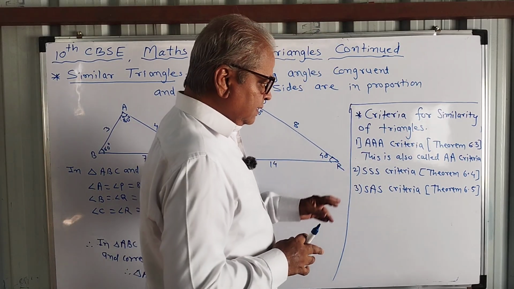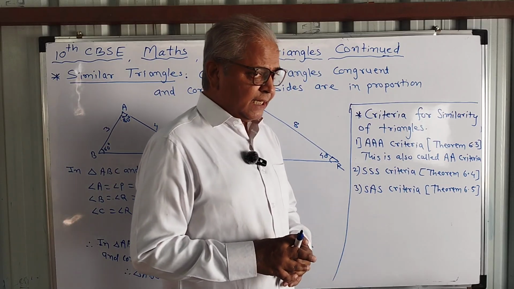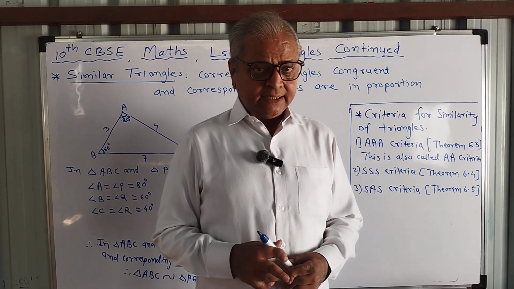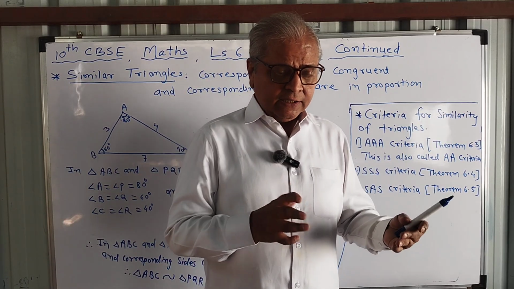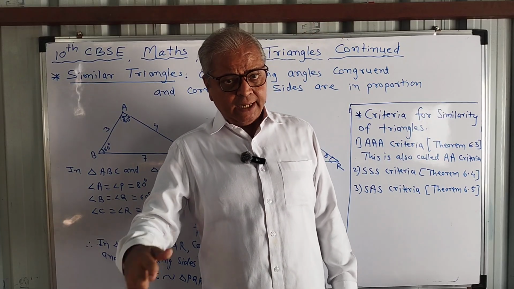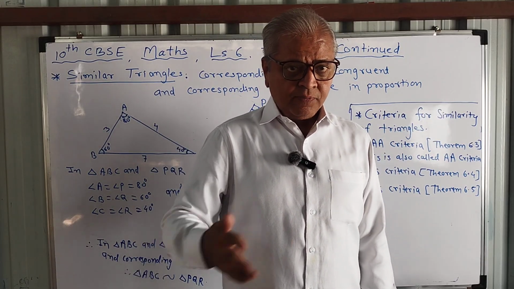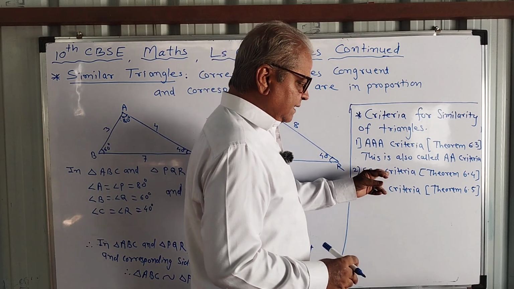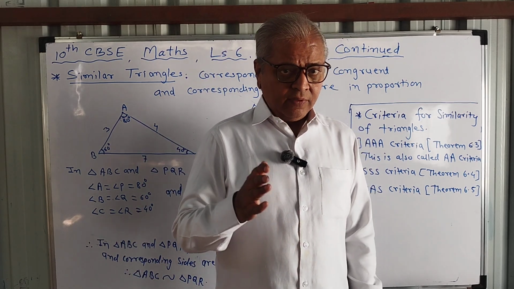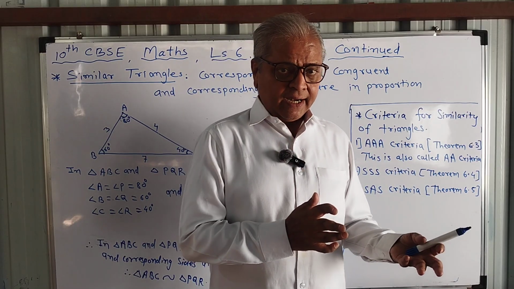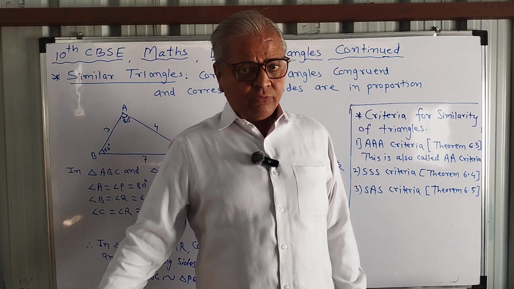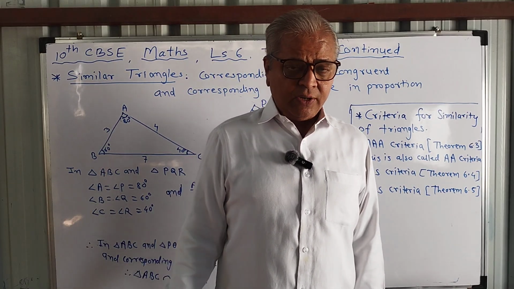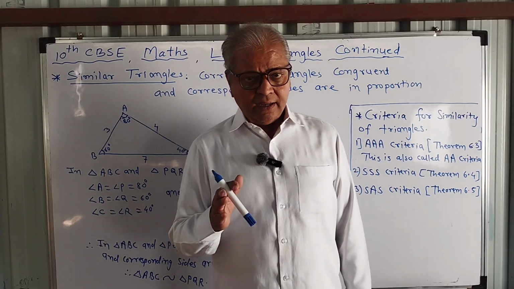And the second criterion is the SSS criterion. What is the SSS criterion? If three sides are in proportion and angles are congruent. Now here we are considering all three sides, the side criterion. So when three sides of one triangle are in proportion with three corresponding sides of another triangle, then there is